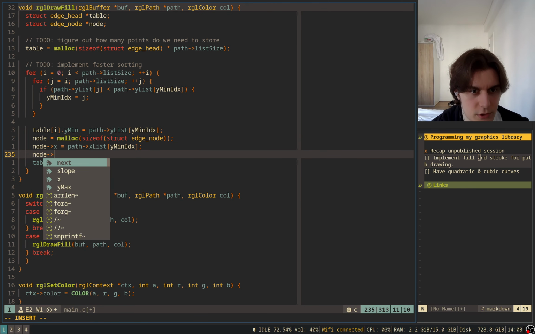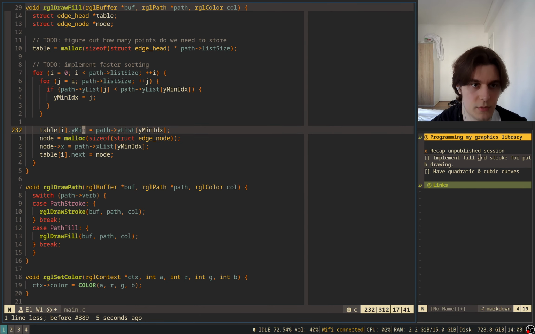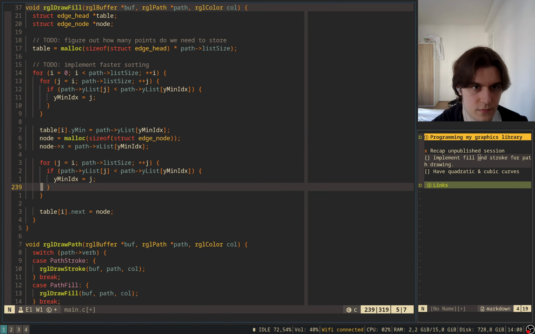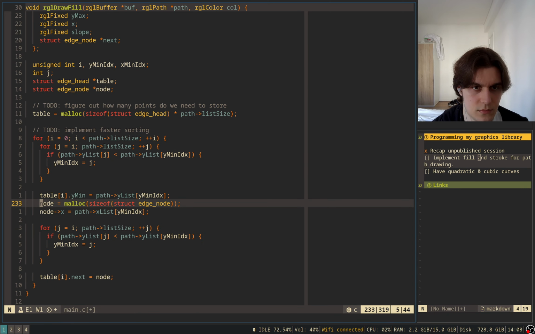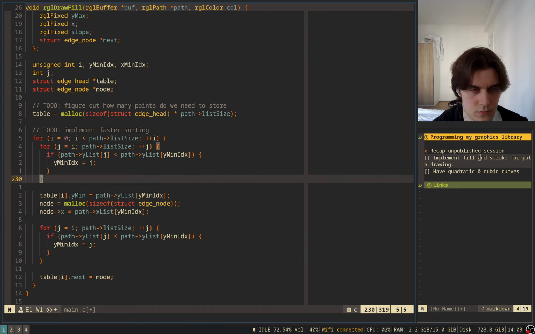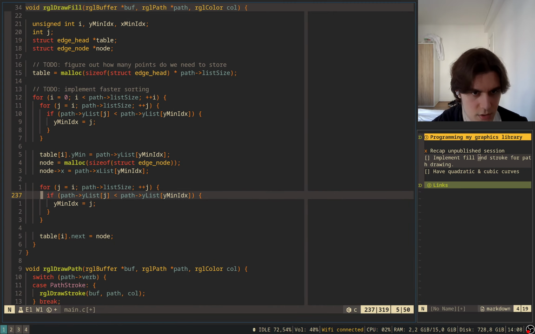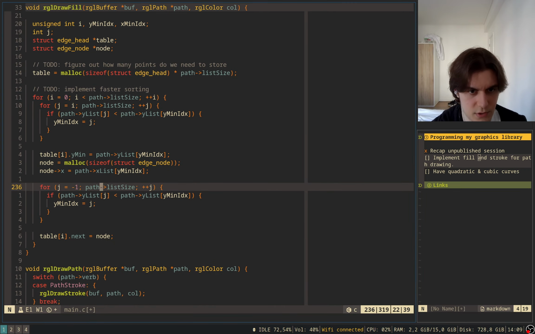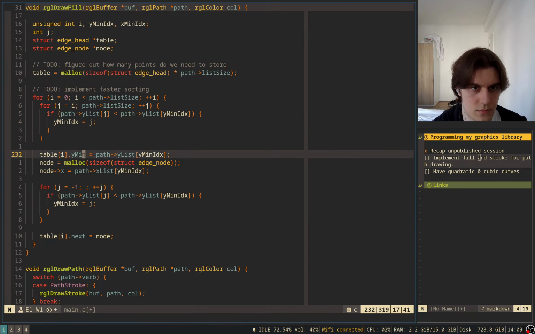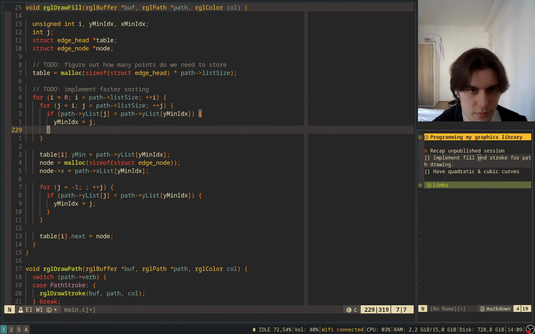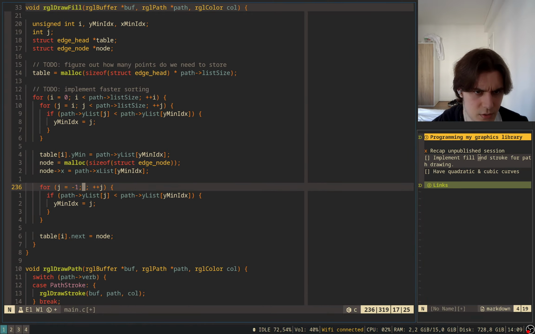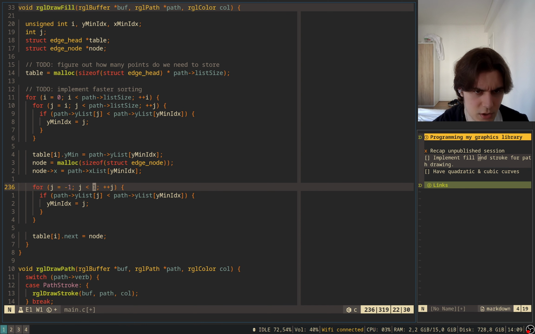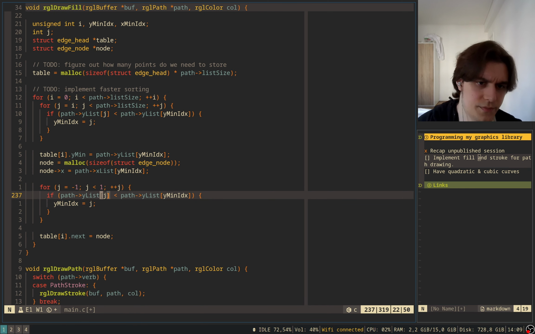And then node, and we also need to make the same trick. So -1, j less than 1 plus j, and then